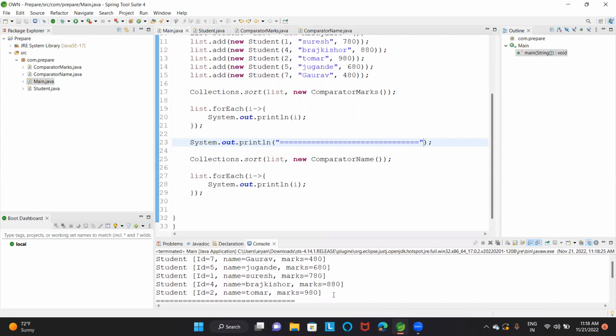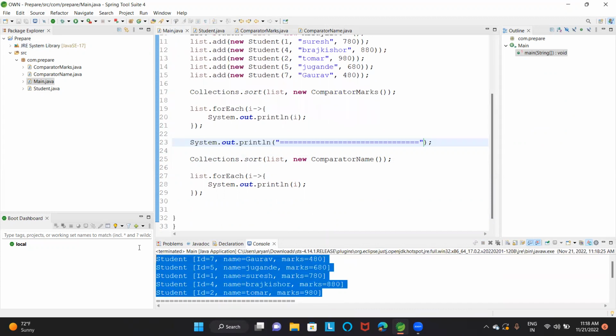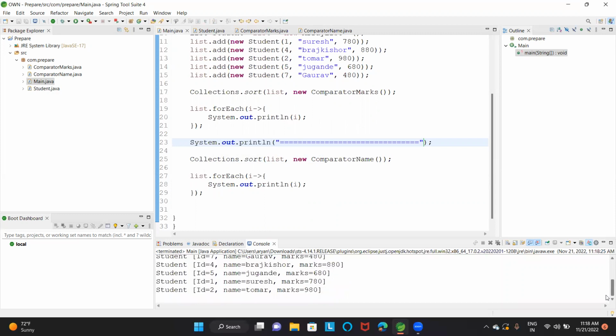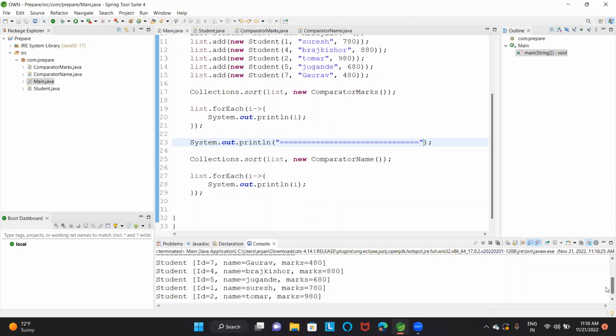The first list is printed using marks in ascending order, and the second is printed using name. So as you can see,